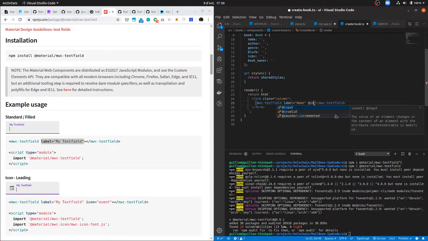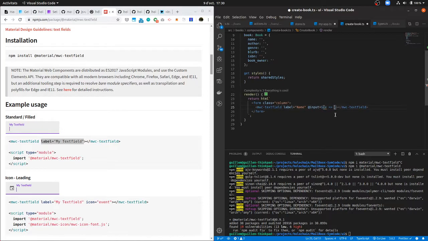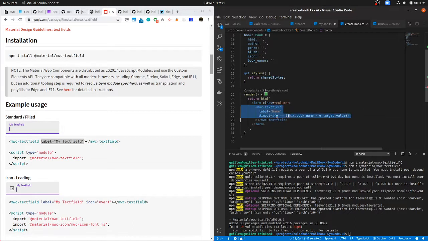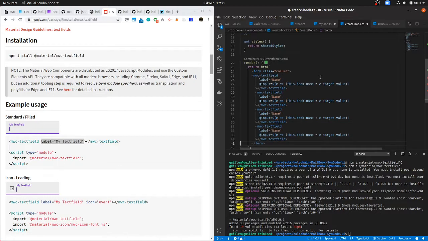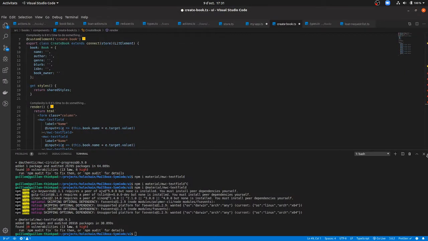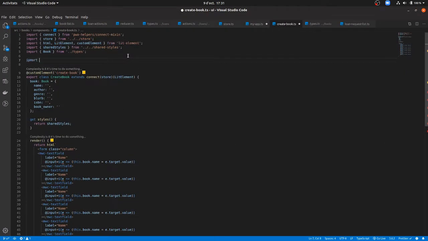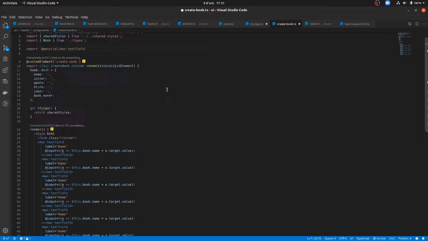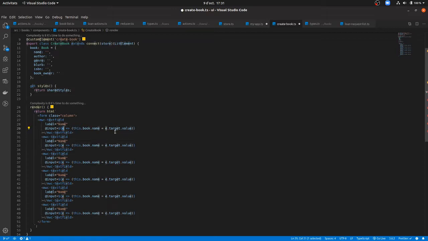So, and then whenever there's an input, this.book.name, it's a target value, right? So we need 1, 2, 3, 4, 5, 6. Yeah, let's do it like this. Let's import also the text field, okay, name, oh yeah,